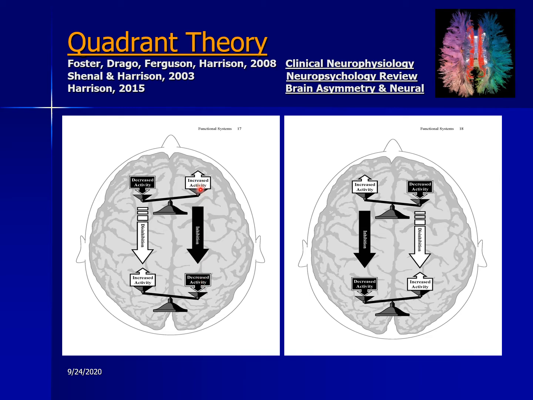So balance theory says that if we activate the right frontal lobe, we will downregulate or inhibit the left frontal lobe. But right hemisphere theory says if we activate the right frontal lobe, we will downregulate or inhibit these negative perceptual systems in the back of the right hemisphere. And that allows us for the first time to make predictions for this area here, where in science we have almost no literature. But with downregulation of the back of the right brain, we expect release of the processing mechanisms here in the back of the left brain.